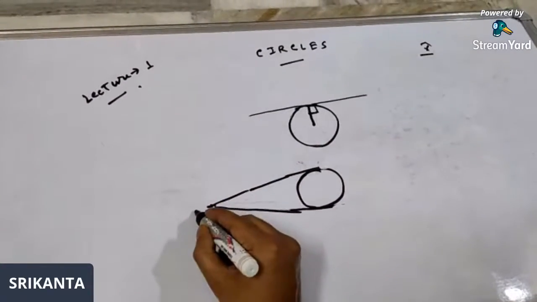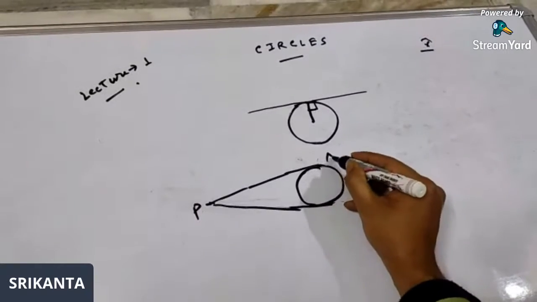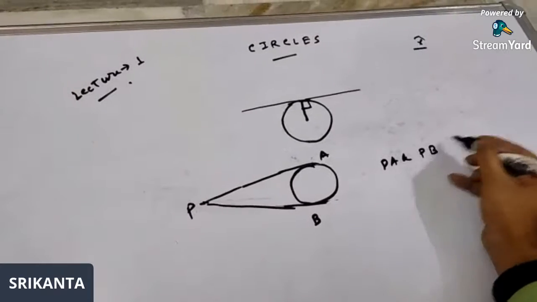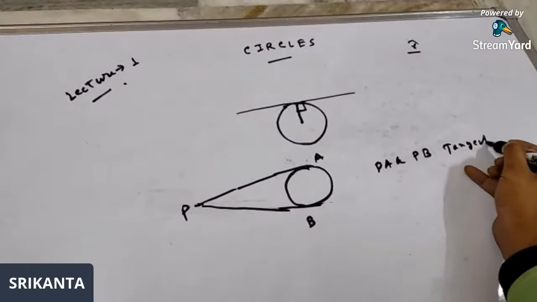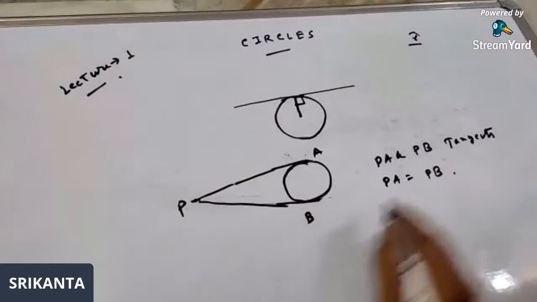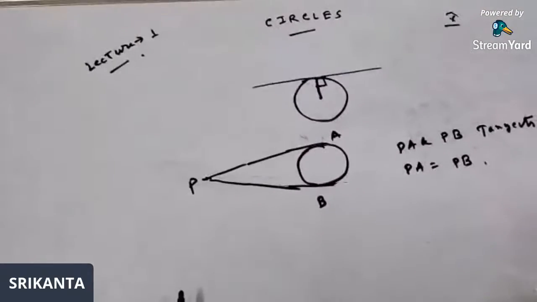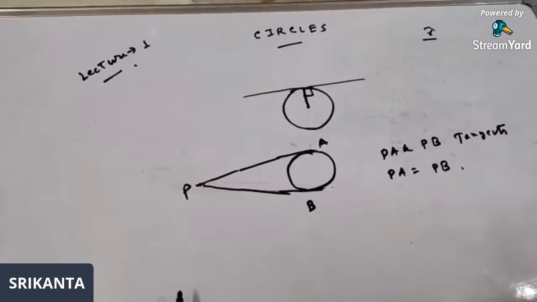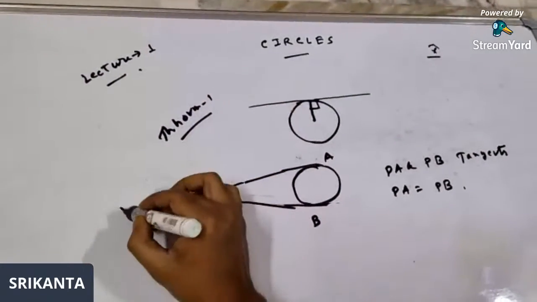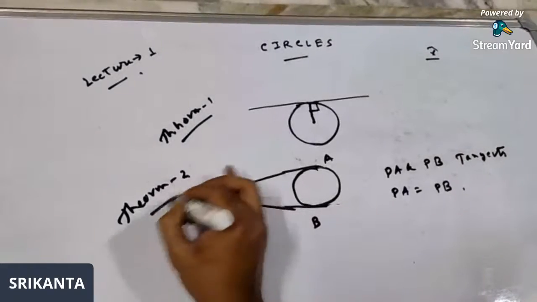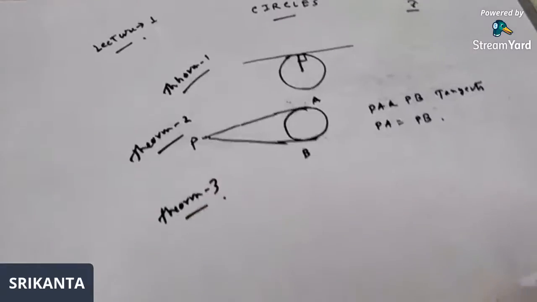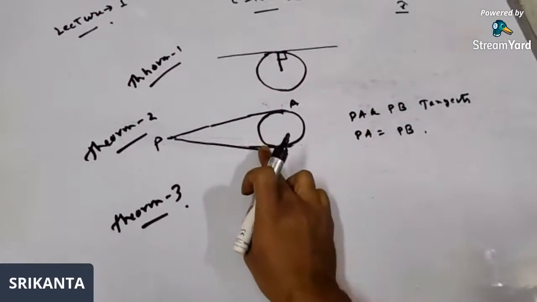That means if this is an external point P and these are two tangents PA and PB, then this theorem says that PA will be equal to PB. Clear? This is our theorem 2. Now this is our theorem 3. Theorem 3 says